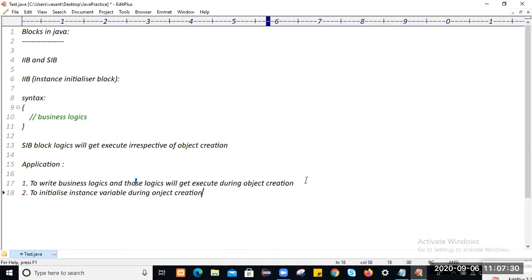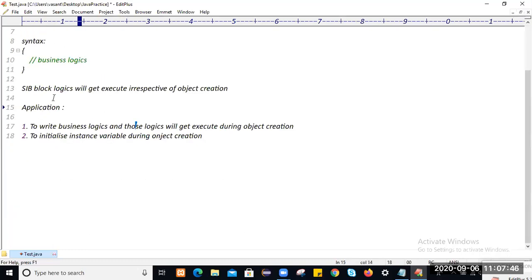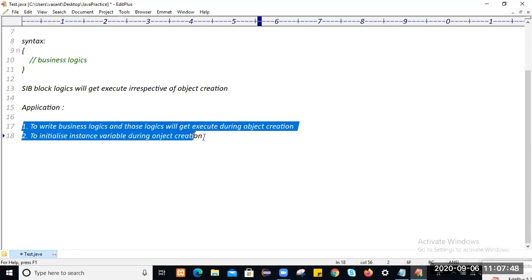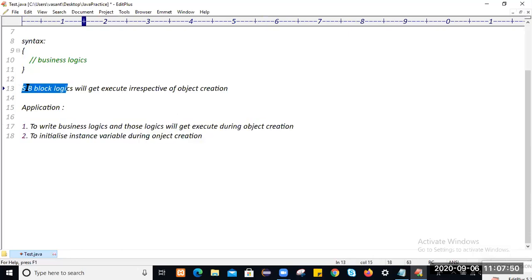You mean we can use the instance block to initialize instance variables at runtime. This is the syntax for the instance block, and within it we will write the logic. Instance block logic execution depends on object creation. If you create an object, then only instance block logics will get executed, like a constructor.